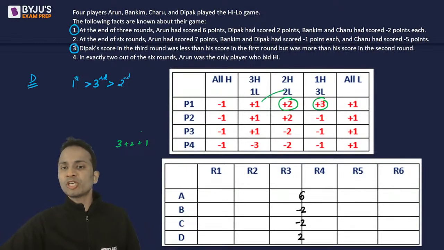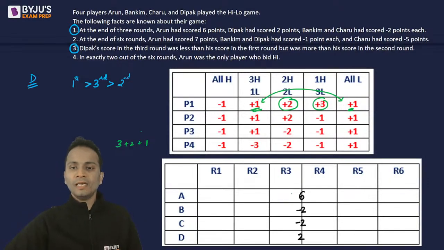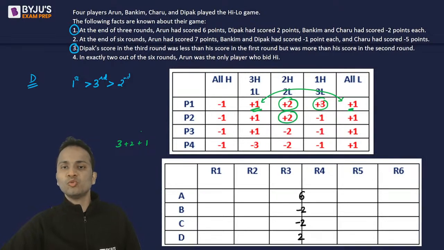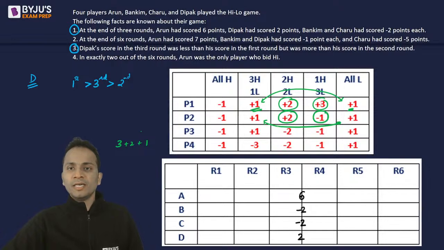Now +1 के लिए मुझे कौन सा लेना चाहिए? Which one should I consider? This one or this one? Let's decide. Now for Deepak, I need to have 3 distinct scores and Deepak should have +2 at the end. अब Deepak का +2 कैसे बन सकता है? Deepak's +2. All right, so these two are fixed, +2 -1 and then any one of these two +1s. ठीक है? All right, great.